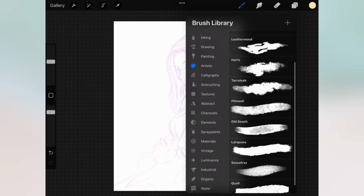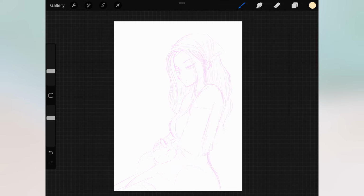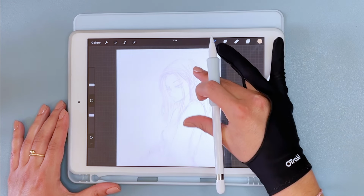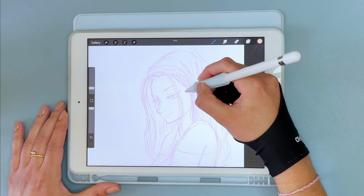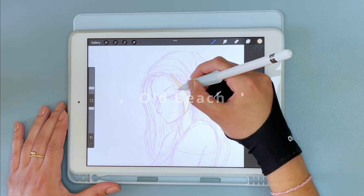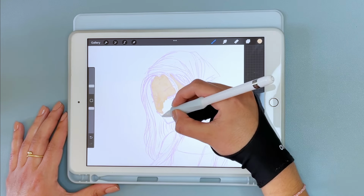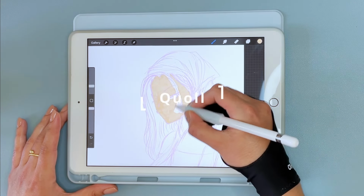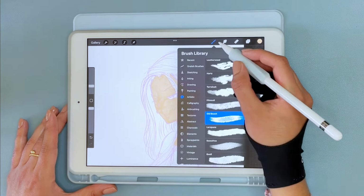So there are a couple of brushes to remember. We're going to be going back and forth with these brushes. And nope, you do not need to download brushes or buy them. These are all included in Procreate. Our main two watercolor brushes will be found in the Artistic tab. The base watercolor brush is called Old Beach, and the one we will be using to blend everything together is called Quoll. For a rough stroke, we will be using Blotchy in the Calligraphy tab, but that will be mainly